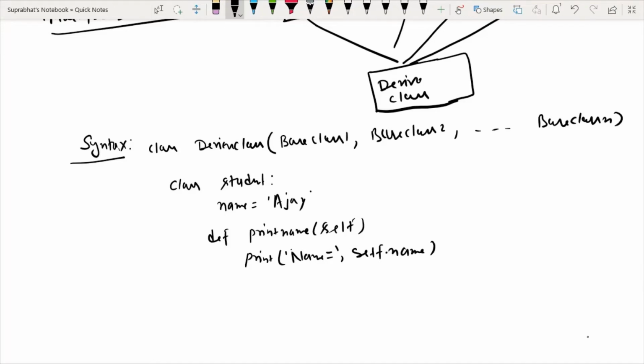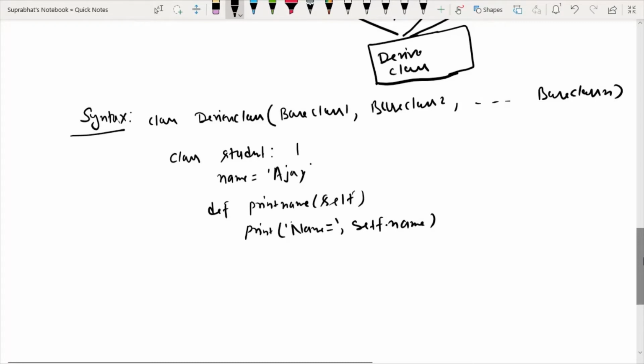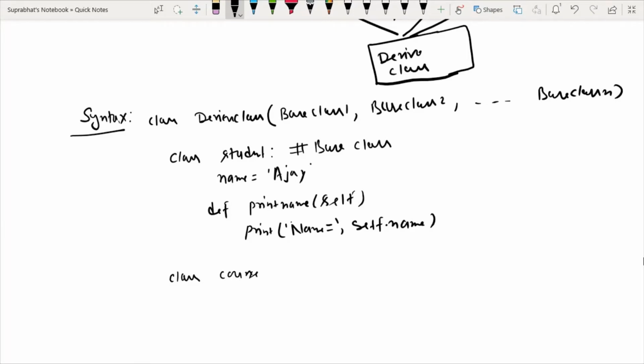Now we have another base class, that is course. In this class I have a variable course type. Suppose I have taken its value as UG.